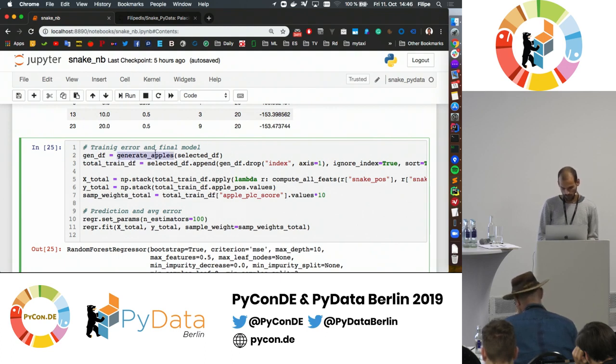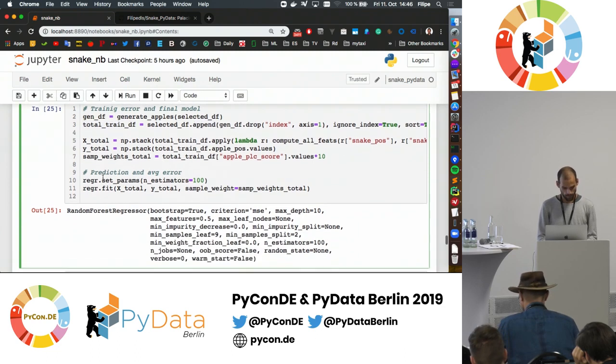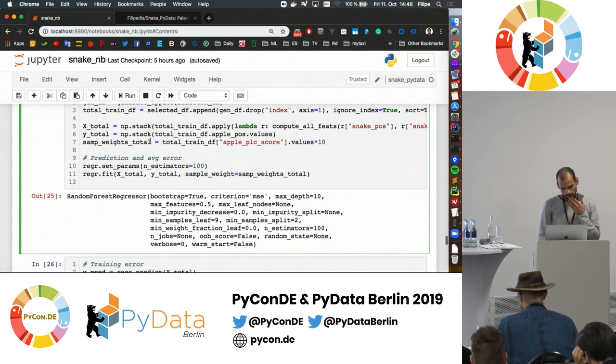I basically generate all the apples again for the first selected data set that I have, and then create a total training set that is this selected data set plus my generated data. And here I'm doing the same thing again, calculating my features, and stacking them, my Y,